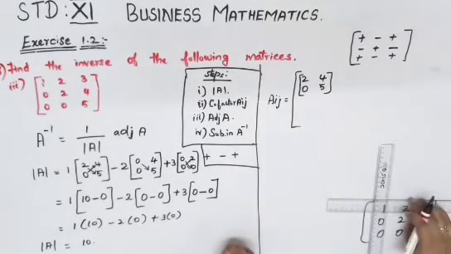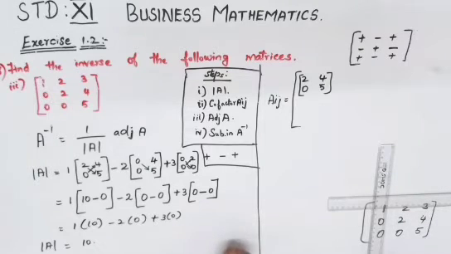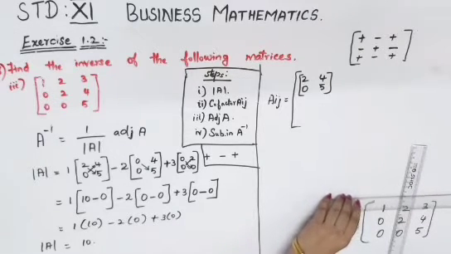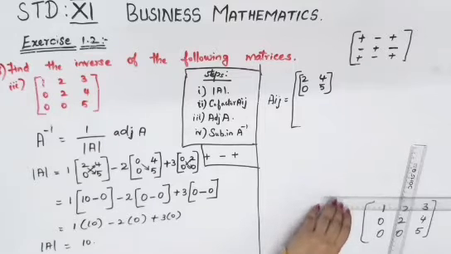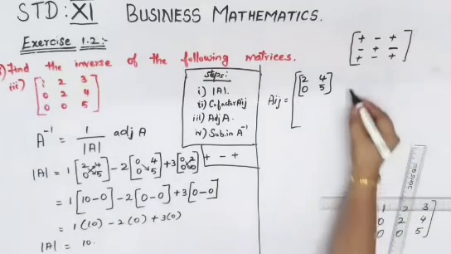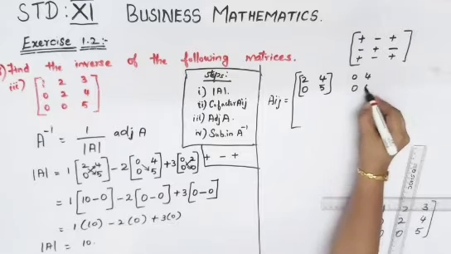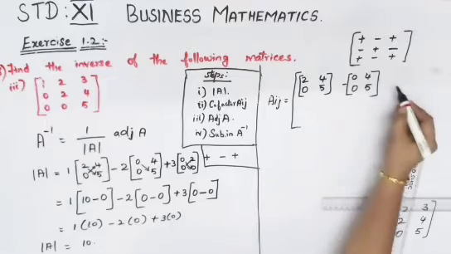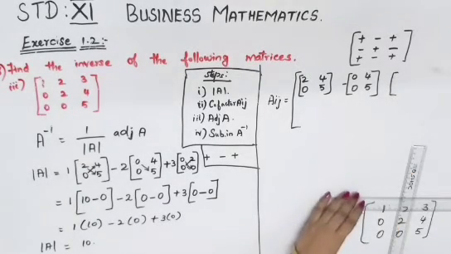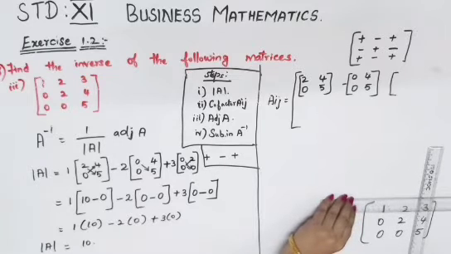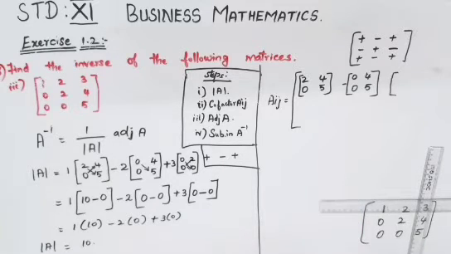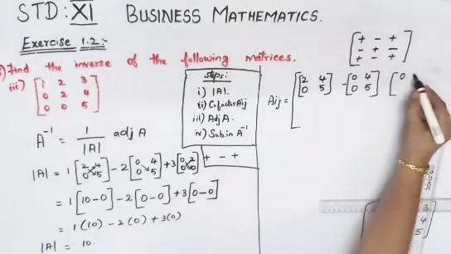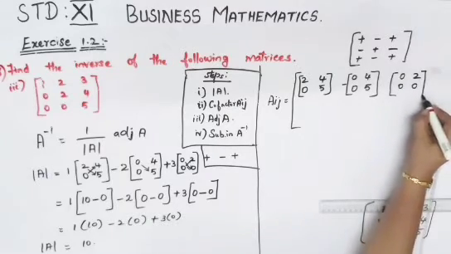The second one is now the minor of 2. This term you will have to find. The row is the same, so you remove the regarding row and column. The left out terms will be 0, 4, 0, 5. So that will be minus, 0, 4, 0, 5, with minus because the symbol is minus here. Then open your bracket. Now the third column, the element 3, the minor of 3 has to be found out. So the third column, and again the first row has to be eliminated. So the left out is 0, 2, 0, 0. With this your first row is over.